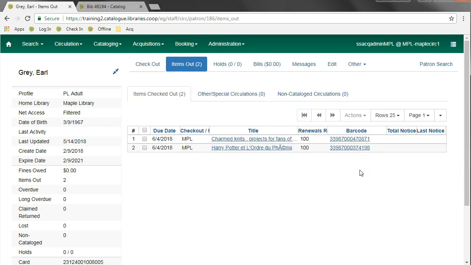New notice columns have been added to the Items Out screen. Two new columns indicating the number of circulation notifications generated for a given loan and the date of the most recent notification are added to the Items Out screen in the patron record. These columns will allow circulation staff to better respond to patron questions about whether they were sent a notification about